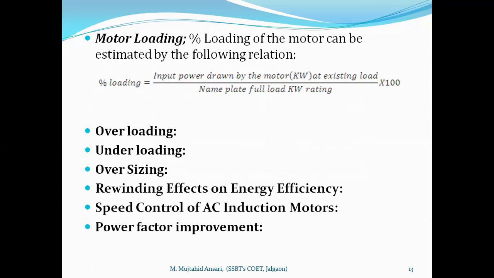If the percentage loading of the motor is less than 50%, we can go for changing the connection from delta to star, which reduces the iron losses and constant losses, and hence we can improve the loading of the motor and efficiency. The second thing found this way is oversizing. If the machine is very much oversized, we can replace it by a smaller capacity. We have taken the example of bypassing in water pumping systems or other process fluids. Next is the rewinding effect.